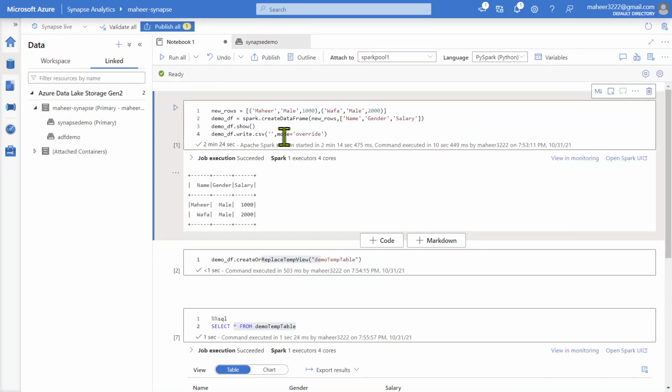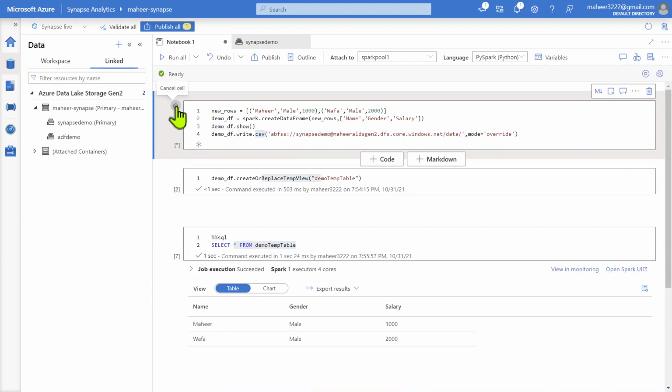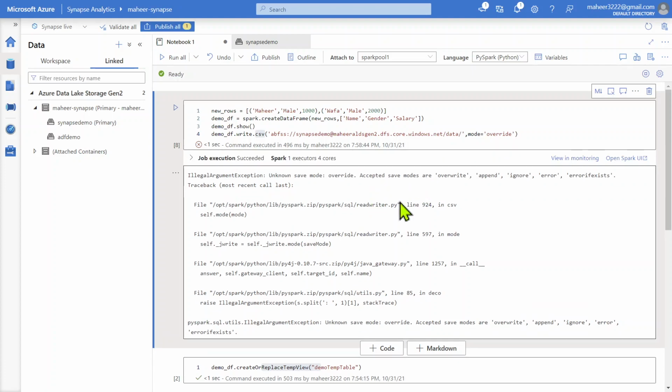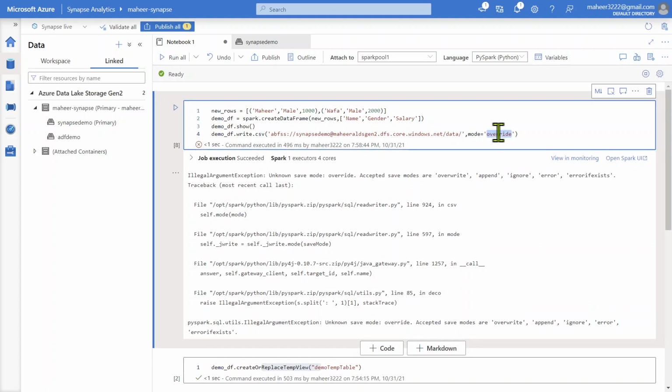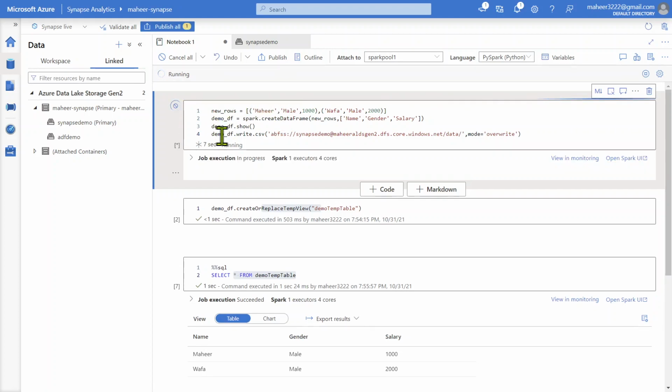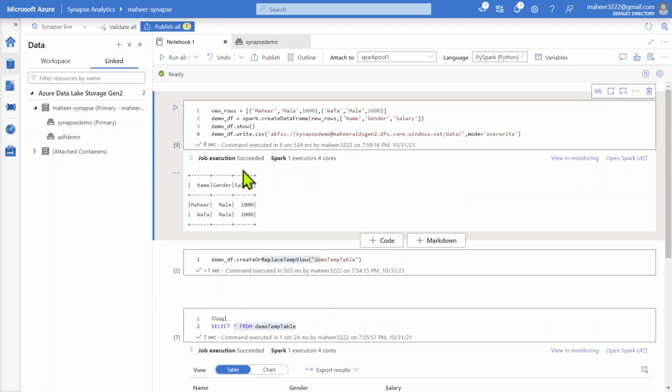Let me go to the notebook and paste this here. Let me remove this. Under the data folder, I want to create the CSV files. Let me hit this run button now. Cell 1 I am running now. Now I should see, okay, there is some error, it looks. One second. Sorry, it is overwrite, not override. Let me copy this flag, overwrite, and now let me hit run cell once again. It should create CSV files with whatever data I generated in this data frame. Whatever data you have inside the data frame, with that data it will create CSV files.